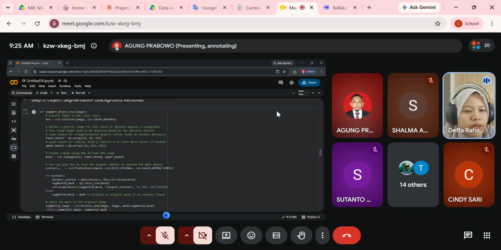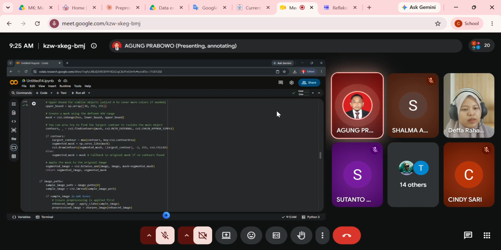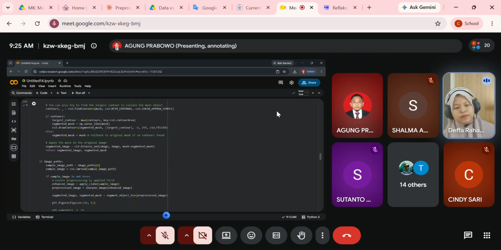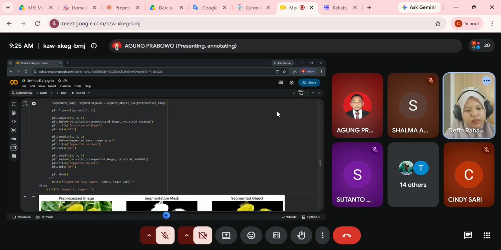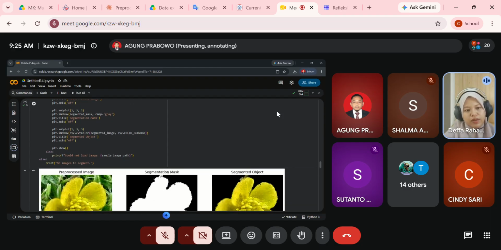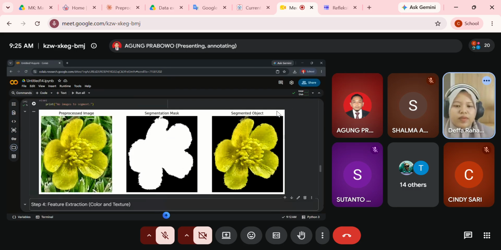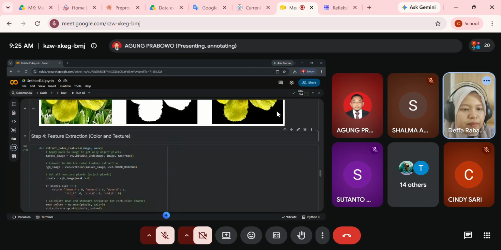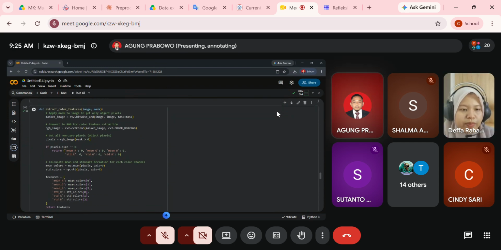The first one is to find the contour, and then apply the mask to the original image. Okay, using RGB, based on the contour, we find this. Good. Good job.